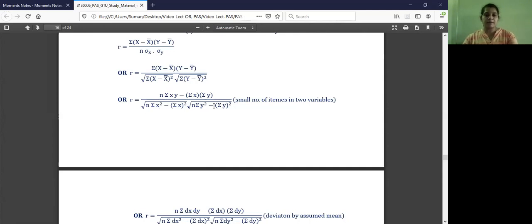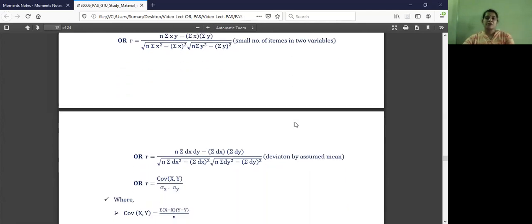Divided by under root n summation x square minus summation x whole square, and under root n summation y square minus summation y whole square. This formula is used for a small number of items in two variables. If we are given the column of x and column of y and the values are small, we use this formula. And the next formula is r is equal to small n summation dx dy minus